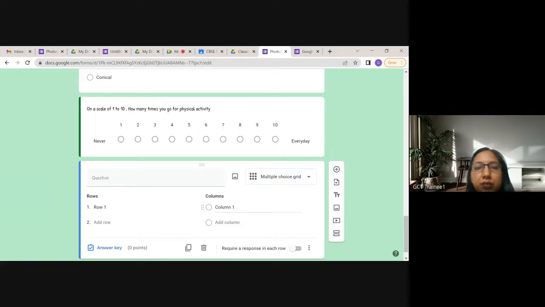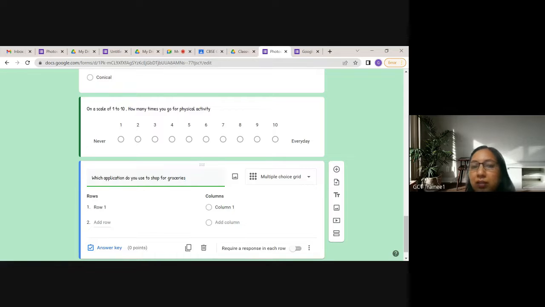For example, let's create a question wherein we are creating maybe which application do you use to shop for groceries, something like that. Then you can specify